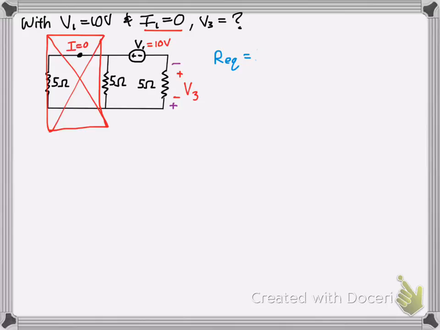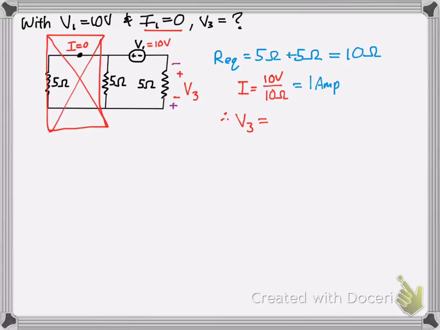So now our new problem is just the circuit here, that right half of the circuit, which, notice how the two resistors are in series, so we sum them together to get 10 ohms. Then we simply use Ohm's law, I equals V over R, and calculate the current through that part of the circuit, and that is 1 amp. To calculate the voltage across that resistor, we take the total current multiplied by the resistor that the current is flowing through. In this case, it's a 5 ohm resistor across V3, so we get 1 times 5, which is